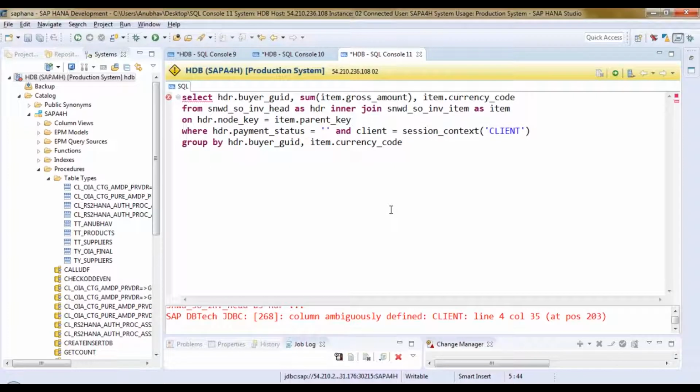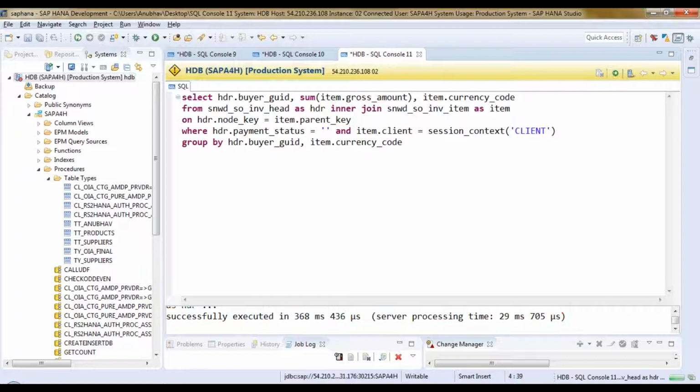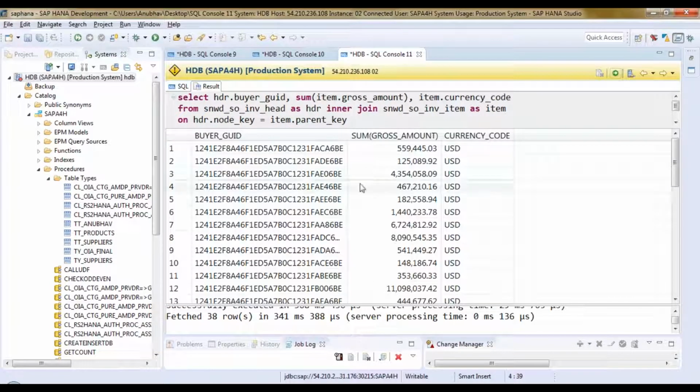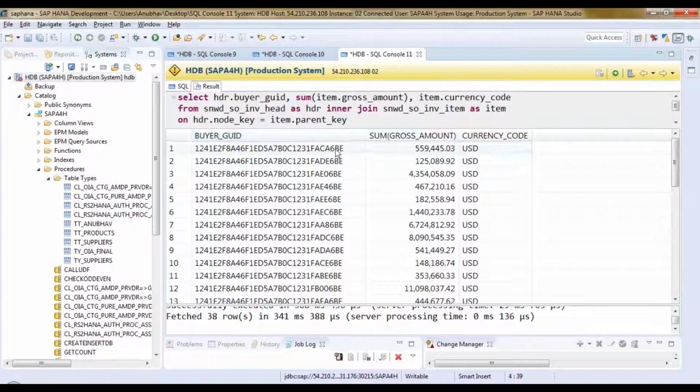What do we see? Issue. Client column is ambiguously defined. So I have to put client should be considered from header table. You can also check it from the item table anyways. Execute. Voila. You can see for every supplier, for every buyer GUID, total of all the invoices are coming in